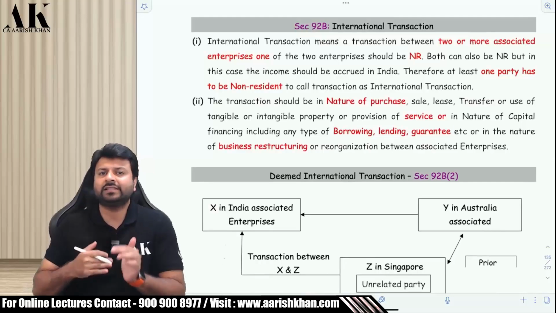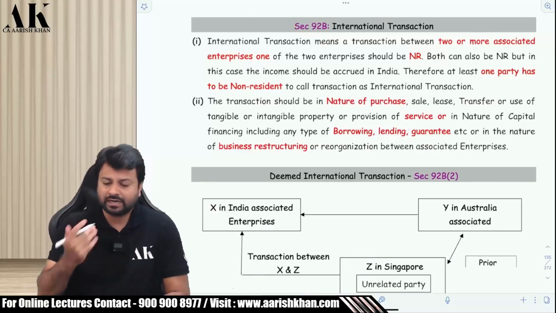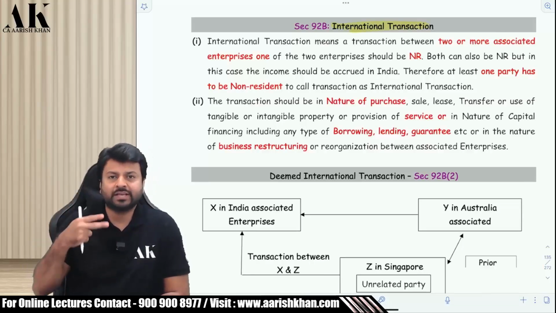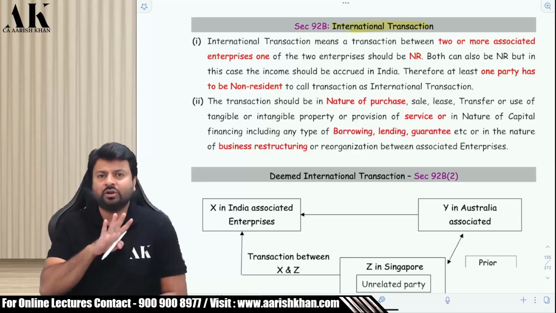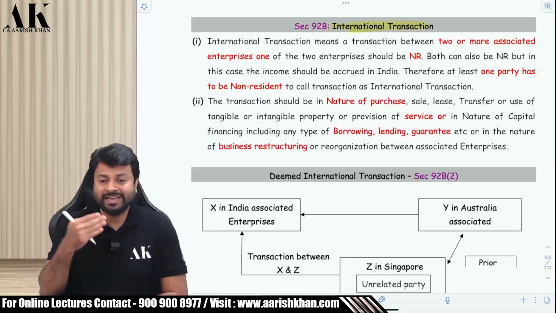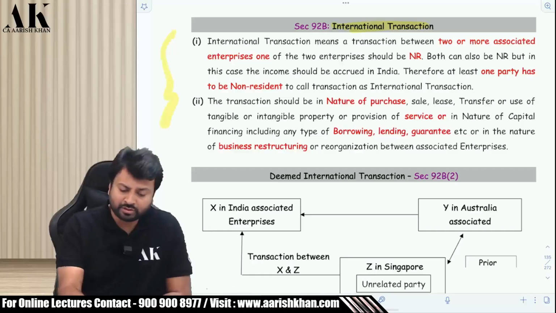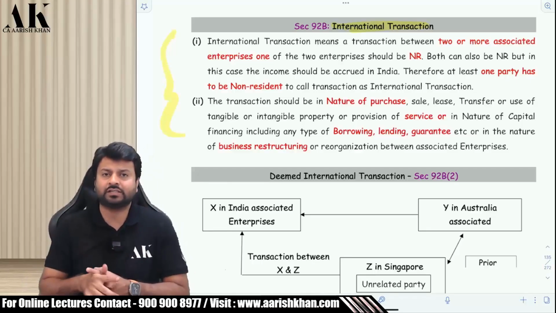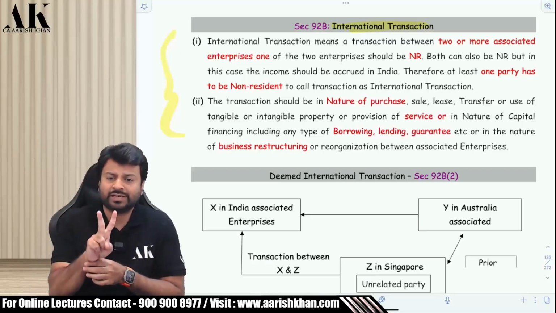Now, to make a transaction covered under transfer pricing, the transaction has to be what? An international transaction also, and therefore there are two subsections of international transaction. One is a normal international transaction, another is a deemed international transaction. Let's talk about the normal international transaction first. When will a transaction become a normal international transaction? When it is entered into between two associate enterprises,